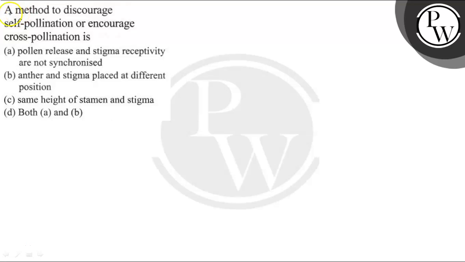हेलो बच्चों, यहाँ मैं क्वेश्चन दिया हुआ है: a method to discourage self pollination and encourage cross pollination is. ऑप्शंस यहाँ हमें दिए हुए हैं: ऑप्शन A, pollen release and stigma receptivity are not synchronized; ऑप्शन B, anther and stigma placed at different position; option C, same height of stamen and stigma; and option D, both A and B। देखिए, a method to discourage self pollination or encourage cross pollination is।